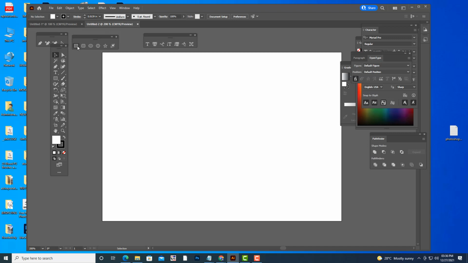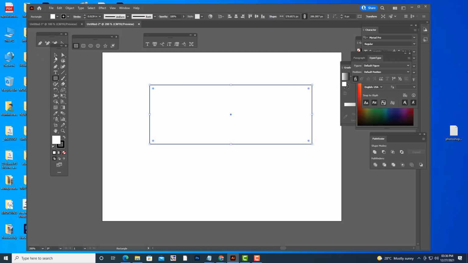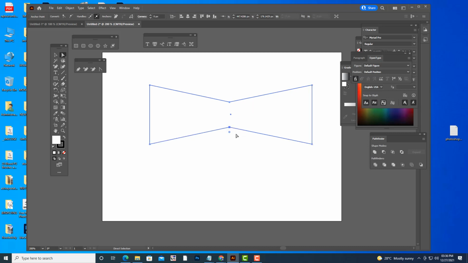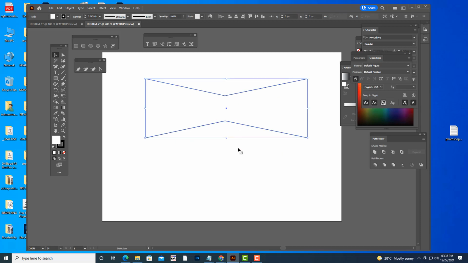First I am going to take a rectangle and use the add anchor point tool to add some points here, and then I will simply change the shape. Now I am going to take the text.